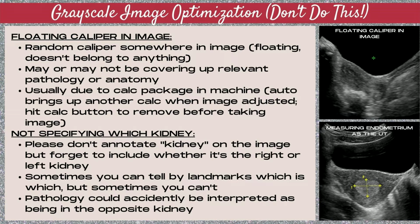However, sometimes when you're taking transverse images, you may not have the liver or the spleen in there. And people new to ultrasound imaging are notorious for flipping their transducer backwards. So you also can't necessarily use which way the kidney is pointing as a landmark to figure out what kidney you're imaging. So it's really crucial to always put right or left in addition to the word kidney so that